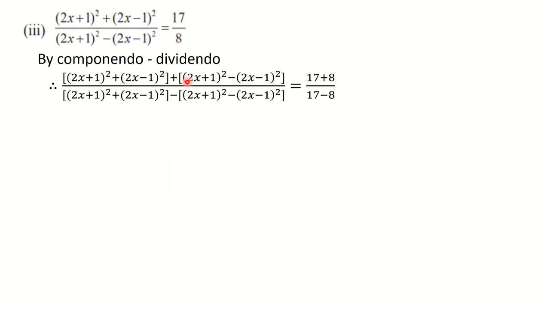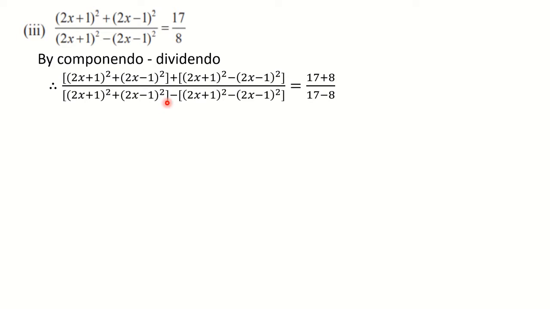So let us write down the step. As I have said, write down the first bracket first, and in both places, numerator as well as denominator, write down the terms present in the numerator of the original ratio: (2x+1)² + (2x-1)², and copy the same two terms in the denominator also. Then the second bracket, with the terms of the denominator, in both places: (2x+1)² - (2x-1)², and here also the same bracket.